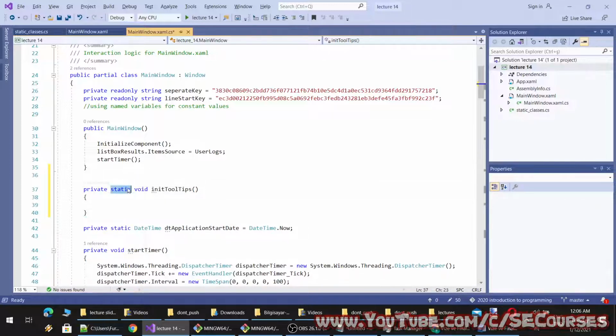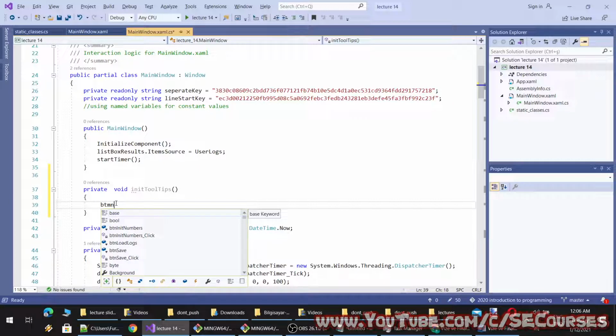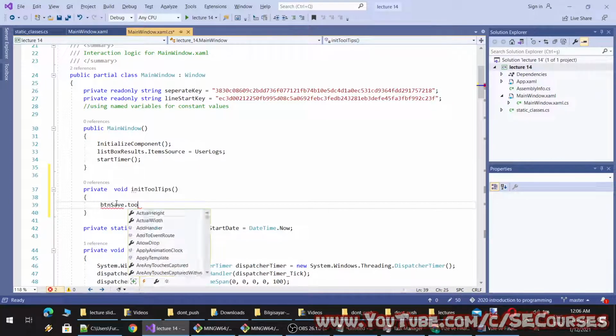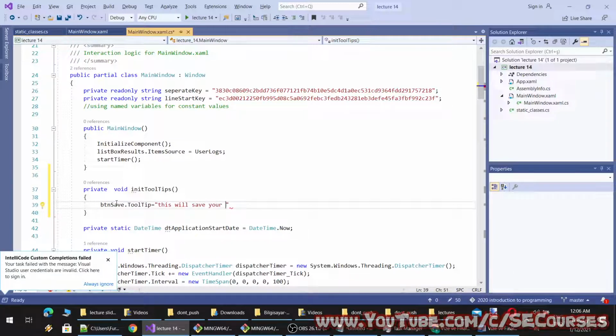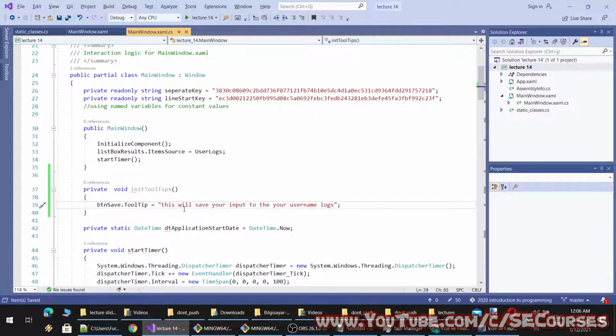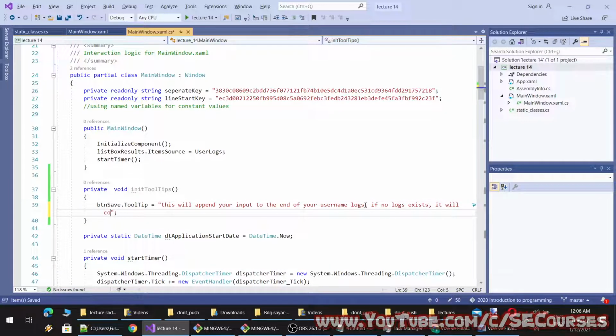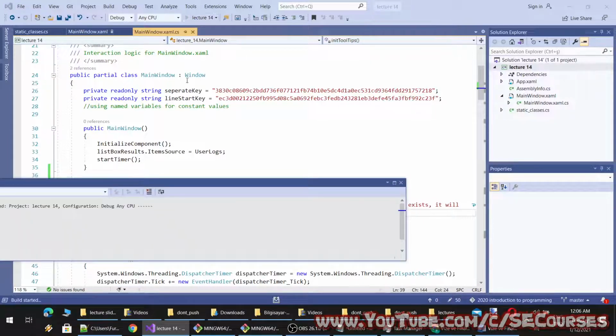Oh, if it is static, I am not able to access it. btn save tooltip equal to, this will save your input to your username logs. Okay, or let's say this will append your input to the end of your username logs. If no logs exist, it will compose a new logs file. Okay, let's run the application to see how it looks.